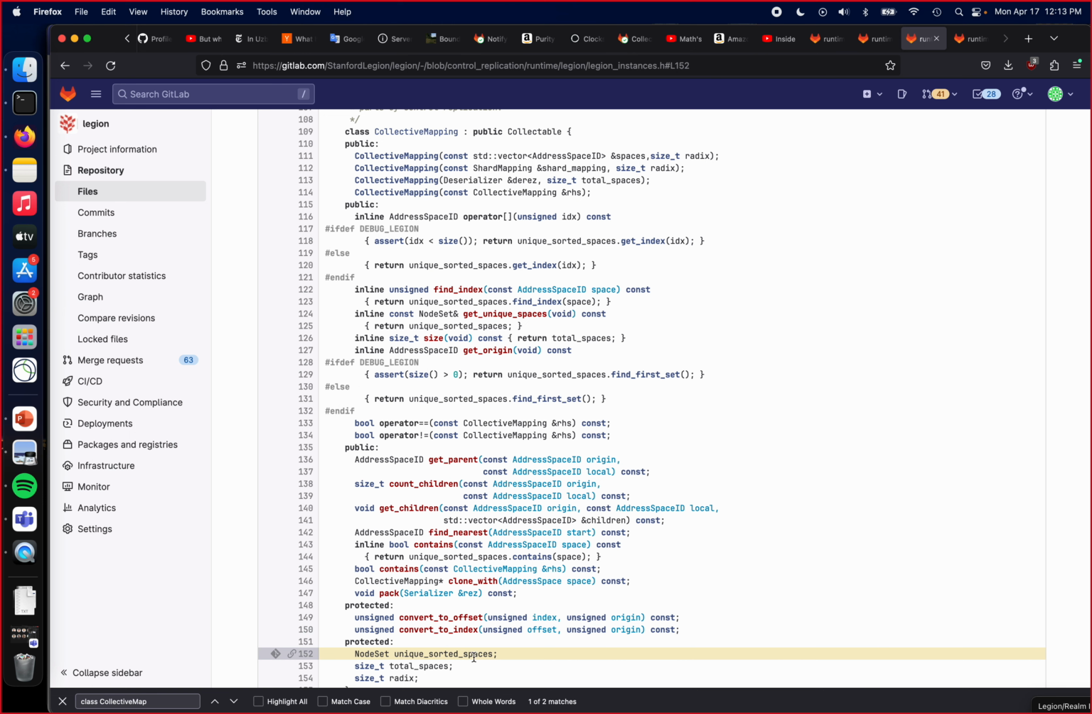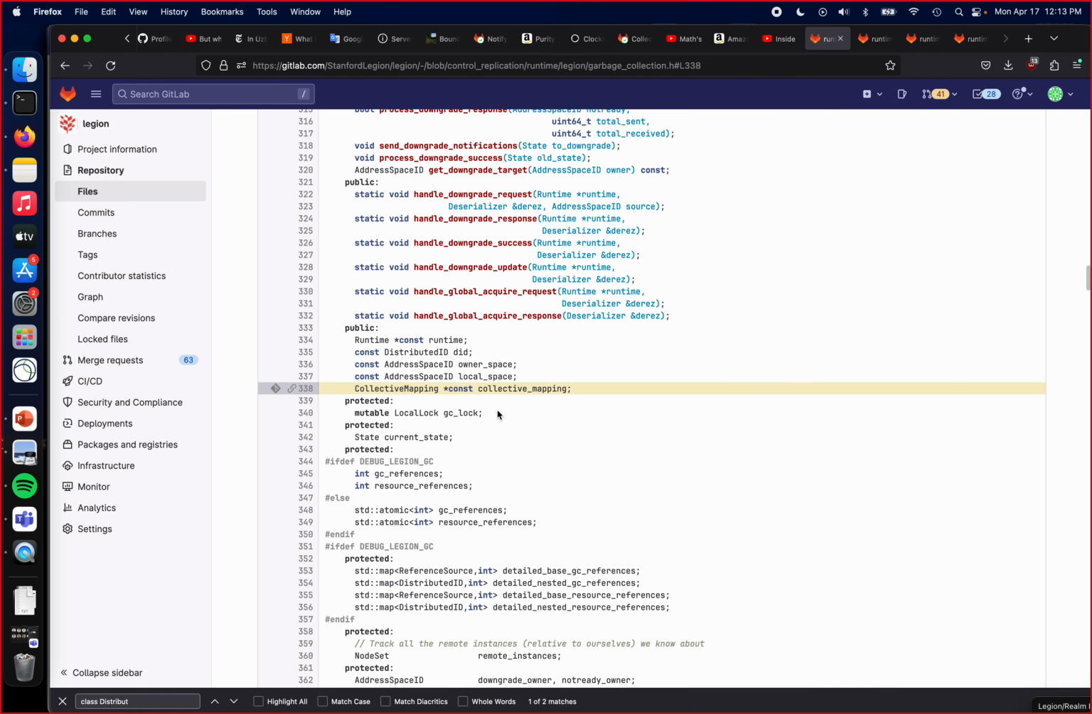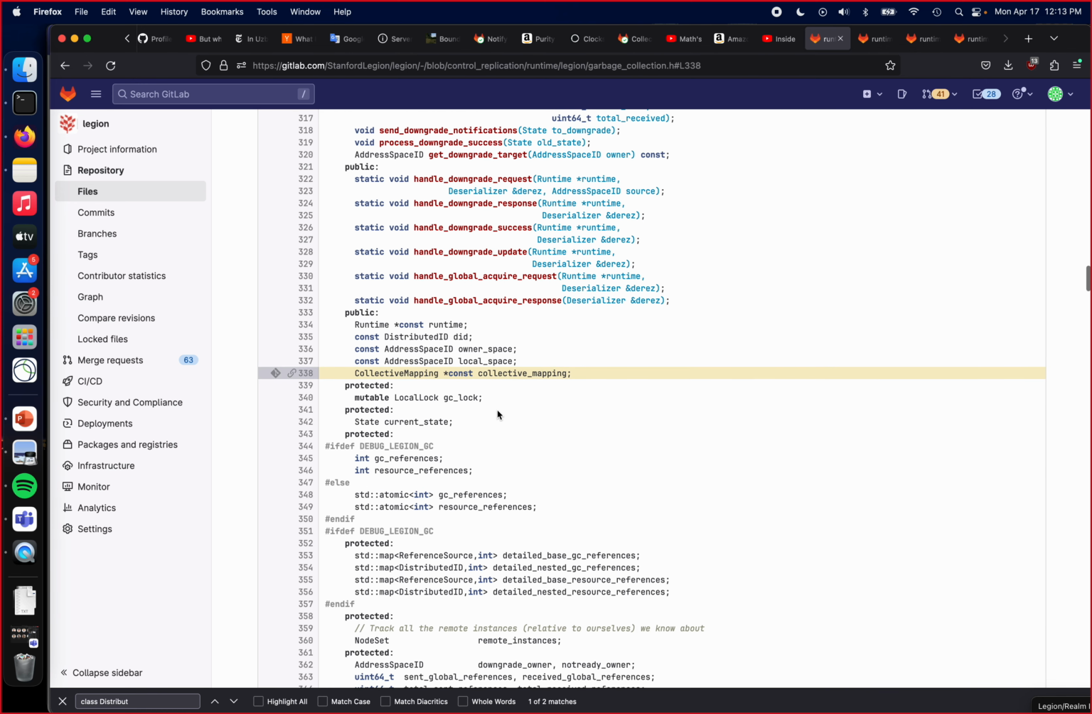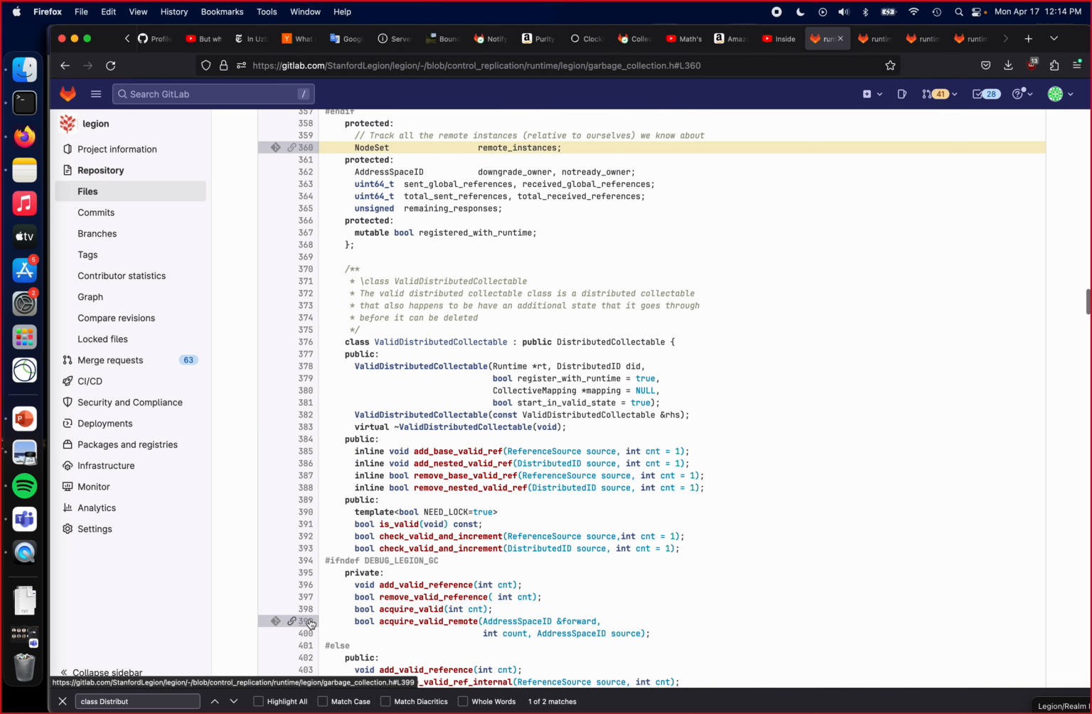This is a sorted set and it names all the address spaces that have a copy of this particular object. So this collective mapping effectively gives you the names of all the copies that we knew about when we made the instance for the first time. Now, that might not be all of the instances of that future, or that distributed collectible, that ever get made, right? You also have this node set down here that tracks requests that come in as